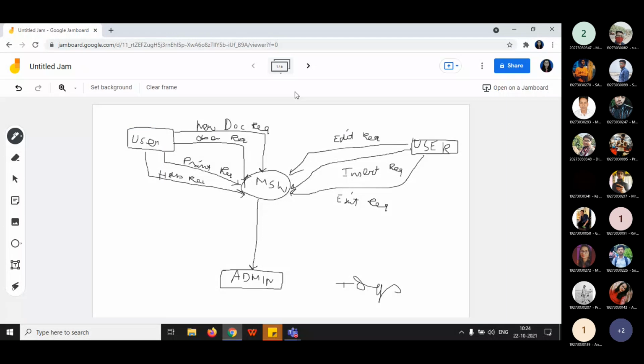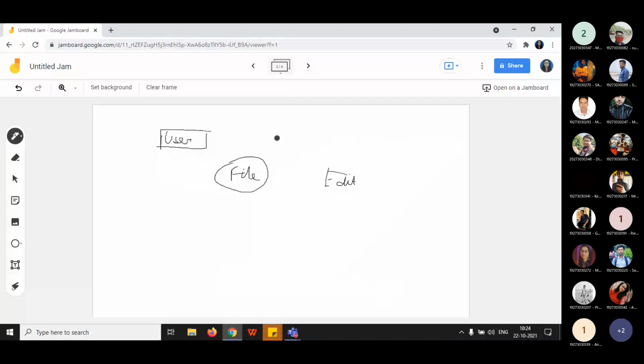Now you are giving these names as the names of the processes. Another one, insert. Insert is another process. It is very difficult to write in Jamboard. Another, suppose let's take exit.